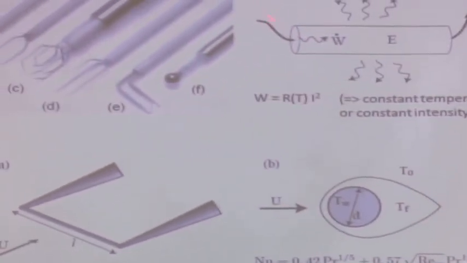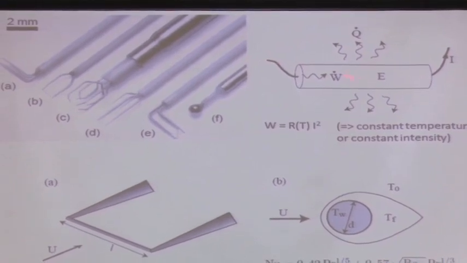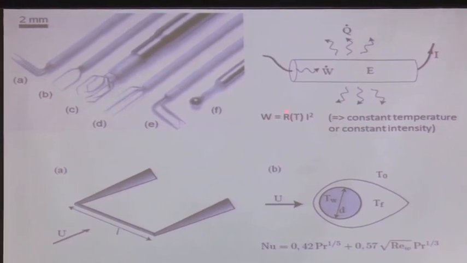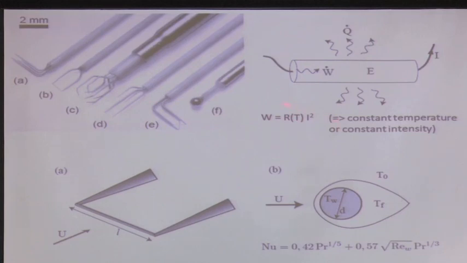Everything is based on heating the system by passing a current, intensity I. The resistance of your wire depends on the temperature. So the energy provided to your wire is R, the resistance, which depends on temperature, multiplied by the intensity squared. This is what is called the Joule expression. As I told you, you may control either the temperature or the intensity. Let's say that you control the intensity.